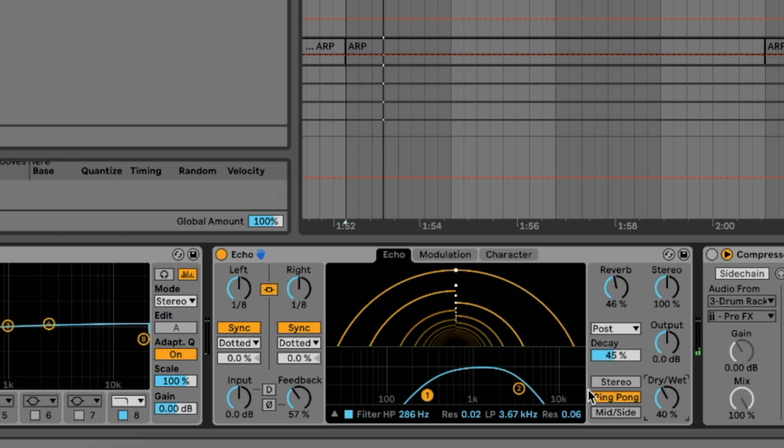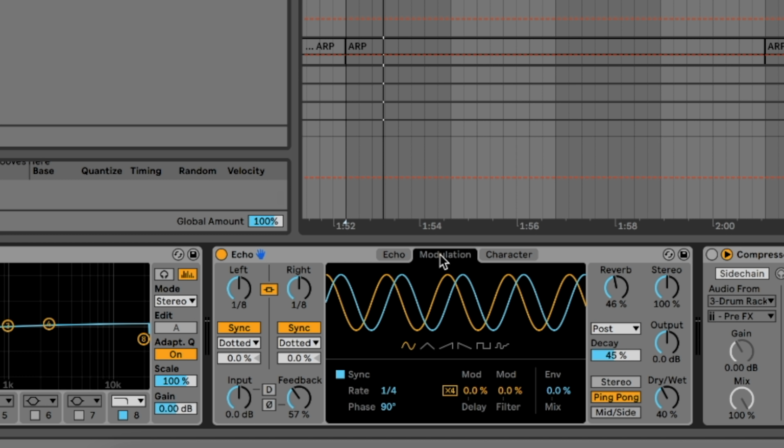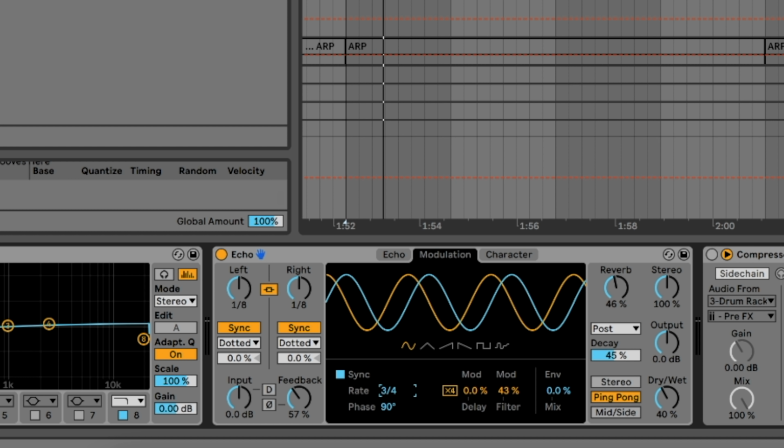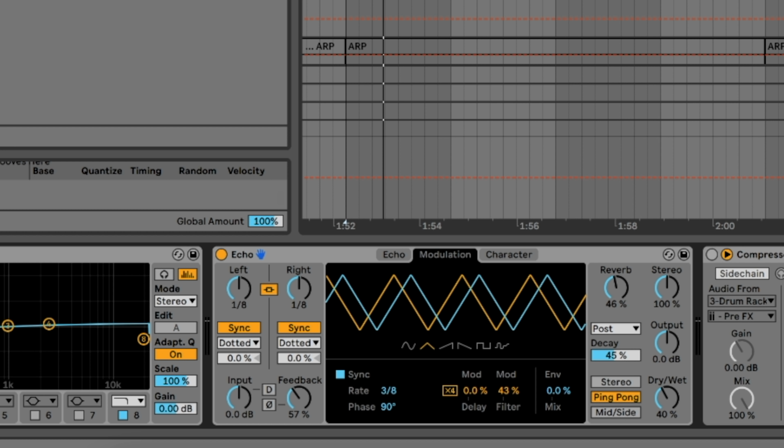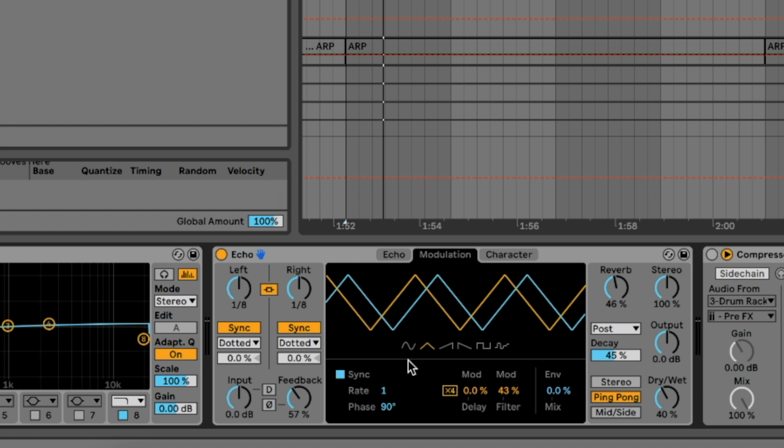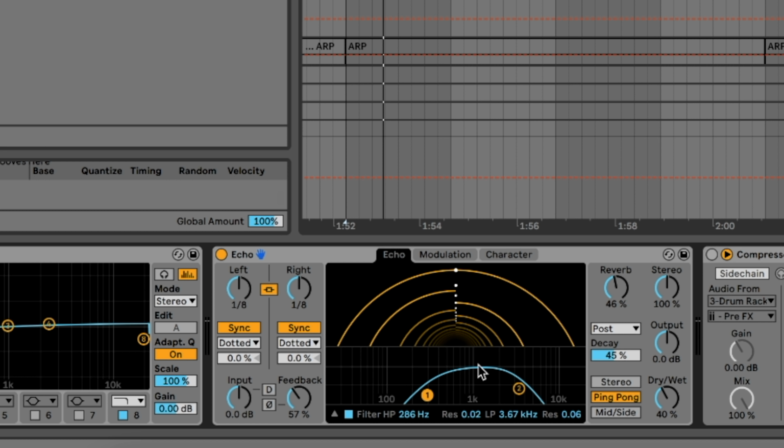We can also get more complex with the echo. We can add modulations to it. For instance, one of the easiest ones to do that won't mess it up is changing the filter. So we can add maybe a rate of 1, let's say, and let's go with a triangle based modulation. Let's move the phase maybe a tad bit just to kind of have it like so. And then from there, let's do some crazy kind of peaks on it, add a bit of resonance to one of them